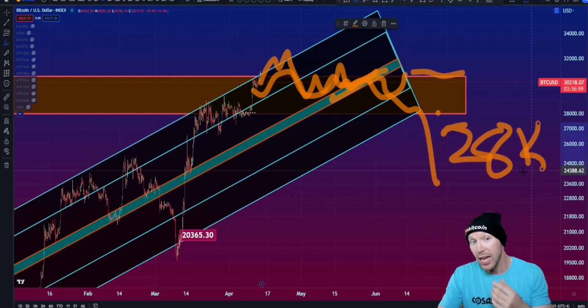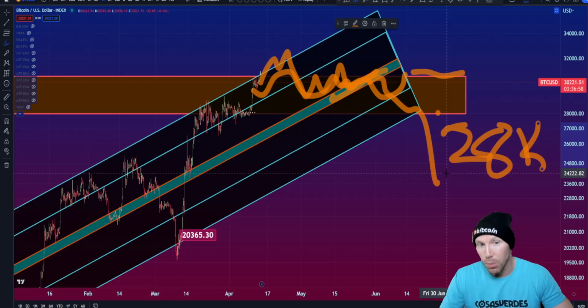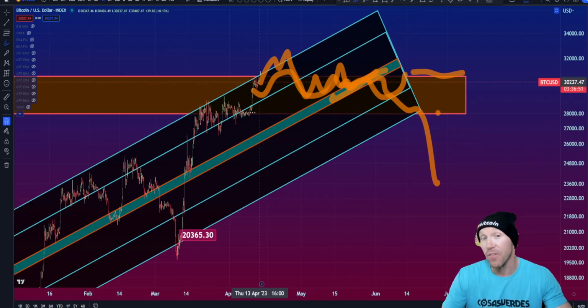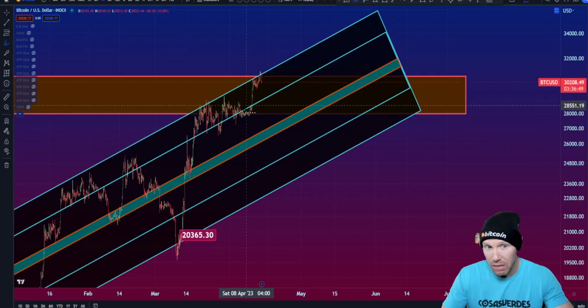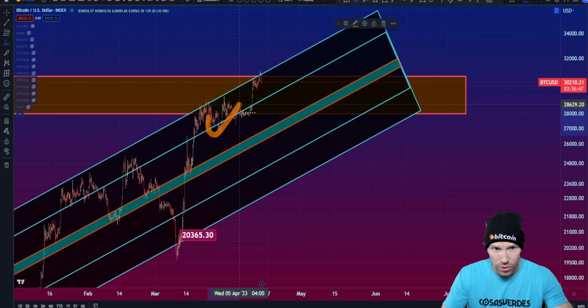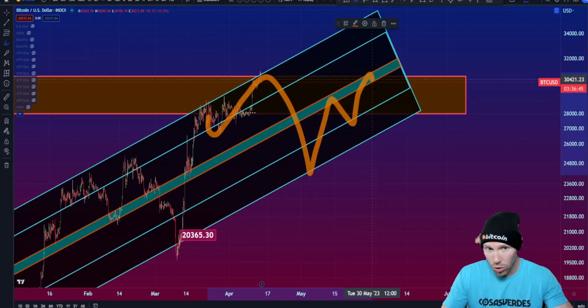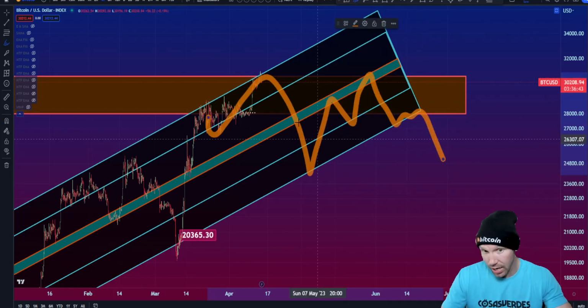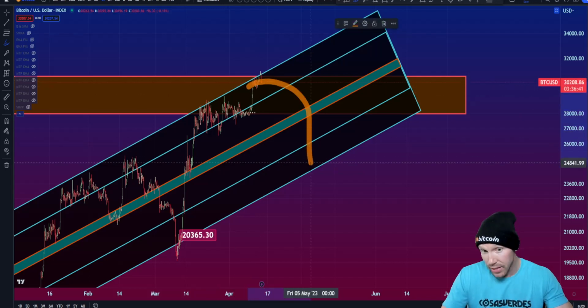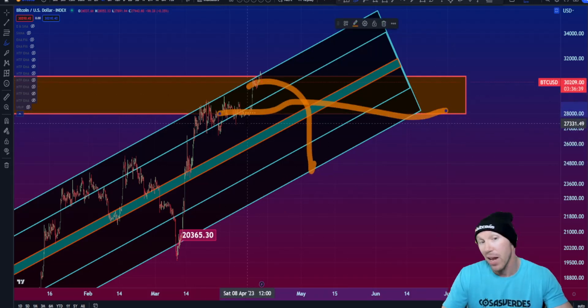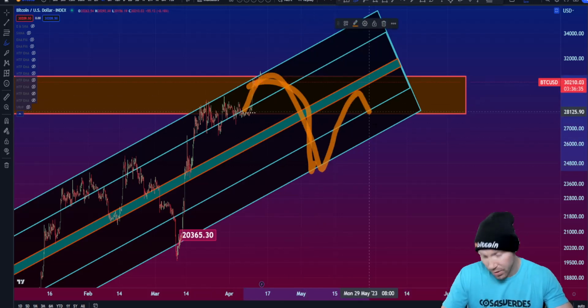So 28K even. If Bitcoin goes below there after May, it's going to be a big deal. But if it goes below 28K before May, not a big deal. Hell, it just did it, and it bounced. Look. Okay, get up one more time, lower high, then fall out. But if it falls down here below 28K before May, I think it's just going to get a damn good bounce. And you're going to have more time to trade in this channel.